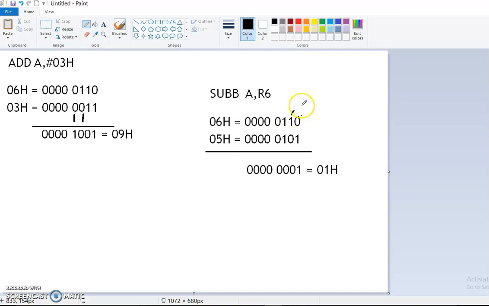If you take a borrow, this current bit will get 2 ones, and from 2 ones you subtract one single one, so you get 1 as the result. The next bit has given a borrow, so this 1 will become 0. So 0 minus 0 is 0, then 1 minus 1 is 0. Like this you will have the result. 06 minus 05 is nothing but 1 as a hexadecimal number. So like this you can do the binary subtraction.